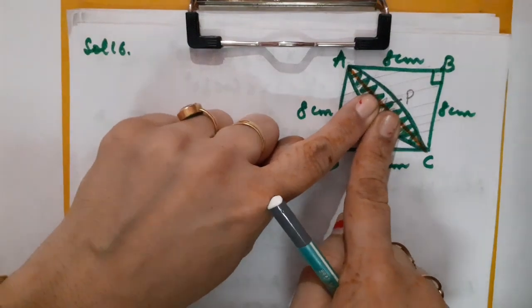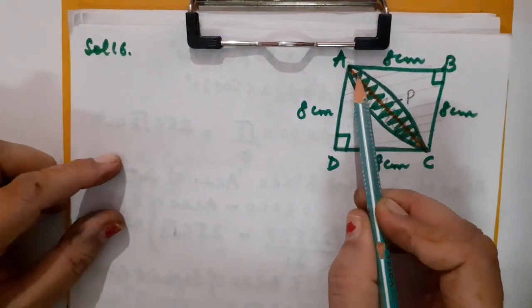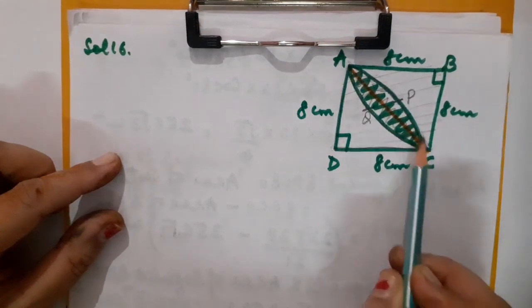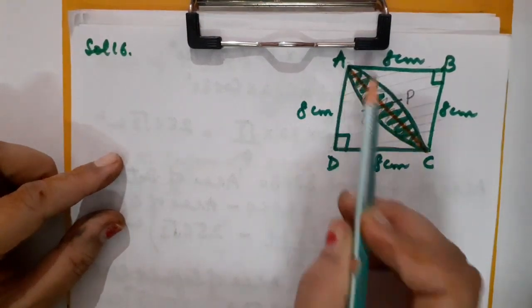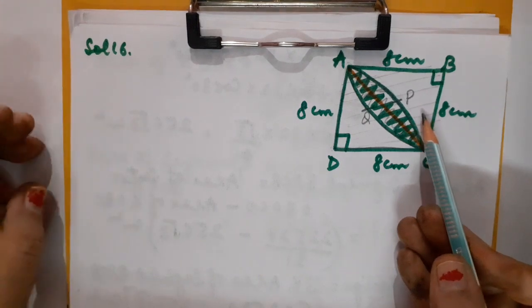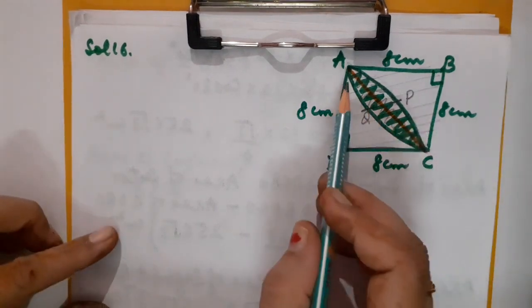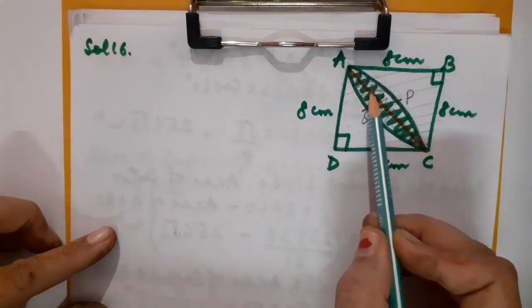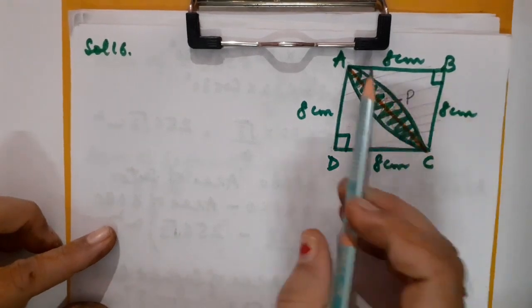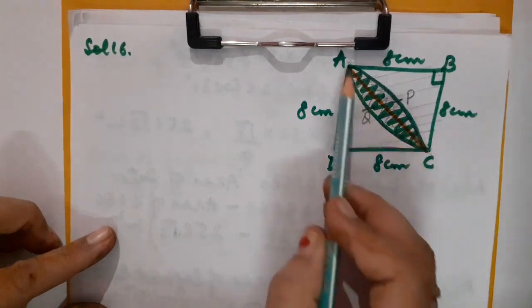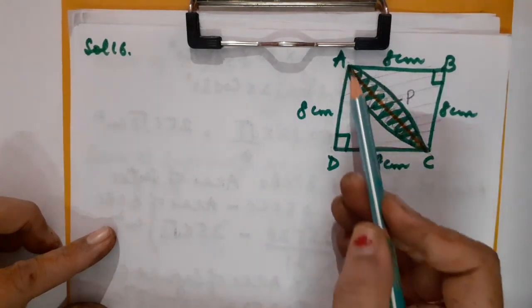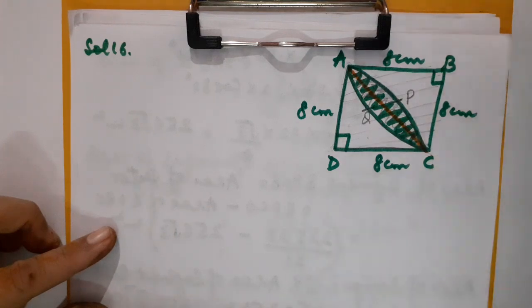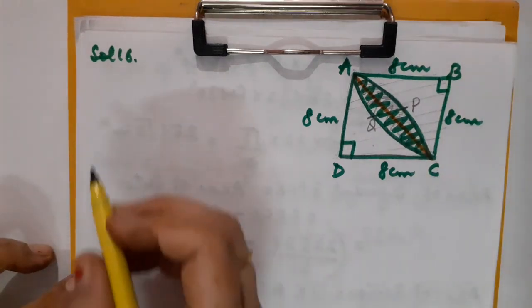This region is subtracted, so I will be able to get the area of this region. That is APCA. Right or wrong? In the same manner, you are not supposed to find it out for another one. When this design is divided in two equal segments, if I calculate the area of this segment, that is APCA, you can just make it double to know the area covered by the complete design. Clear?